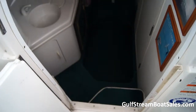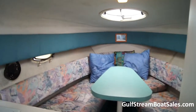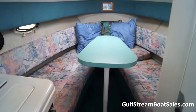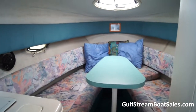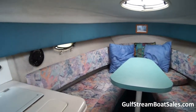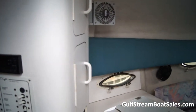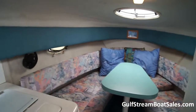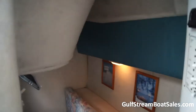Access into the cabin is through this split opening door, and we come down 2 steps into the cabin floor. So we've got a traditional V-berth layout in the bow with a table there that converts into a bed to create a double berth at night time. We've got the galley unit here on the port side, just at the entrance of the cabin. We've got a heads compartment on the starboard side, and then behind the steps we have an aft cabin arrangement,